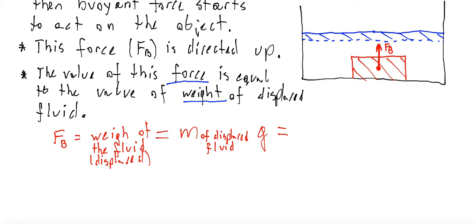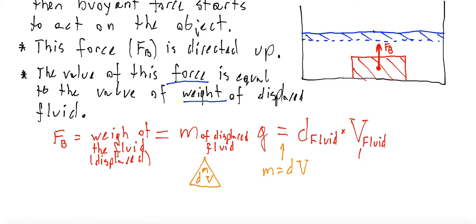Okay, so what is the mass of displaced fluid? I hope that you remember the formula triangle for density, mass, and volume. Density is linked to mass and volume by the equation that density is mass over volume. So mass can be replaced by the product of density and volume. So instead of mass, I'm going to write density times volume. So, I have the density of fluid times V, the volume of displaced fluid, which is the same as the volume of the immersed part of the object, but let's write density of fluid, which is displaced,